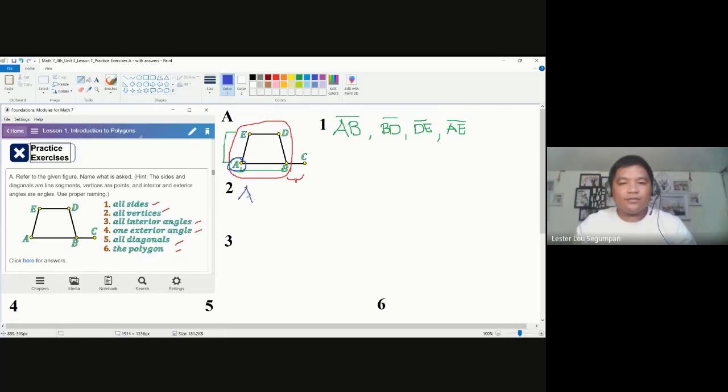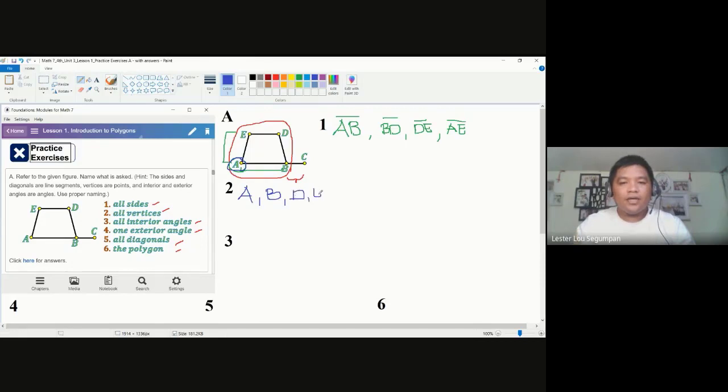That's our first vertex. And since a vertex is a point, we just need to use a capital letter corresponding to the proper naming of a point. For us not to be confused with other possible notations later on, let us just use a capital letter. The next vertices are B,